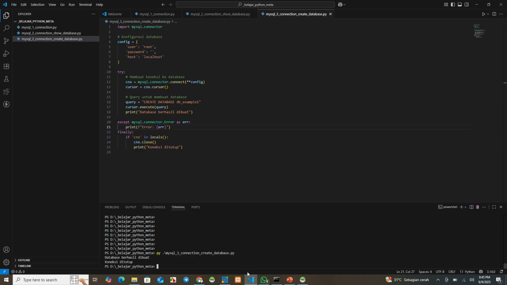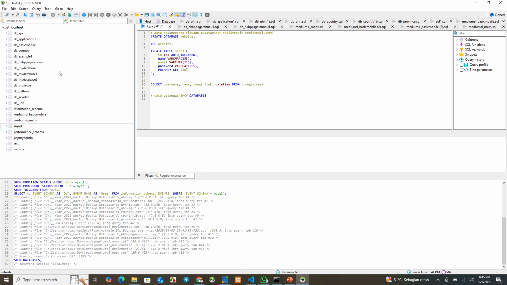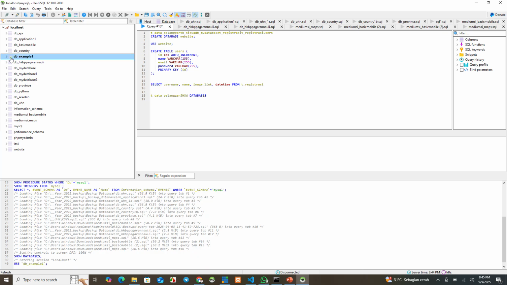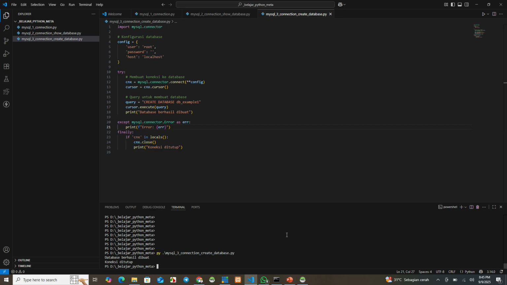Okay, we run. Database berhasil dibuat. We can see this one, DB example1. Okay, we refresh here. DB example1. Kita telah membuat database namanya DB example1. But if we run this again, cannot create database DB example1 because database already exists. Because we use a try except finally block, it is easy to manage the error.